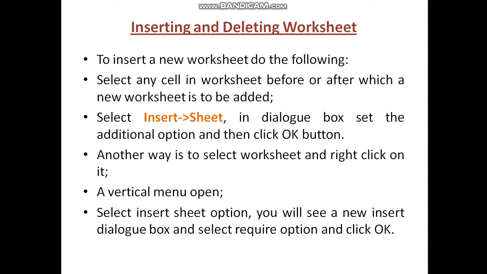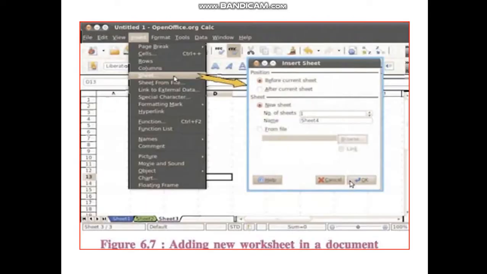Another way is to select the worksheet and right click on it. It's a useful idea. A vertical menu opens. Select the Insert Sheet option. You will see a new Insert dialog box; select the required option and click OK. Let's see how.